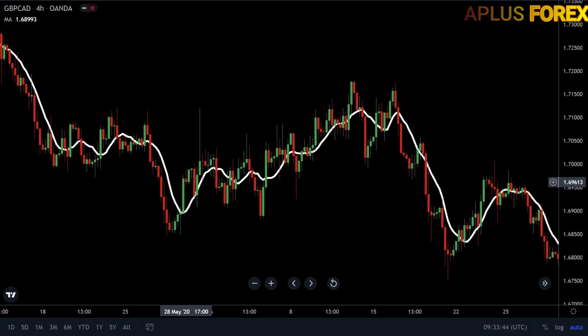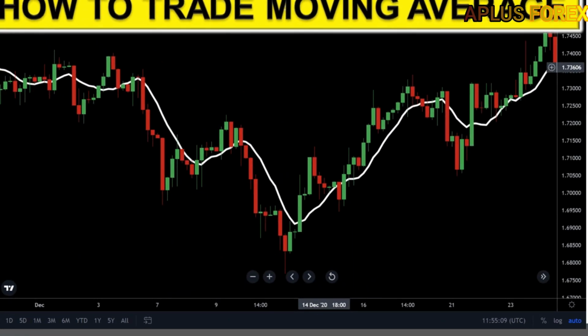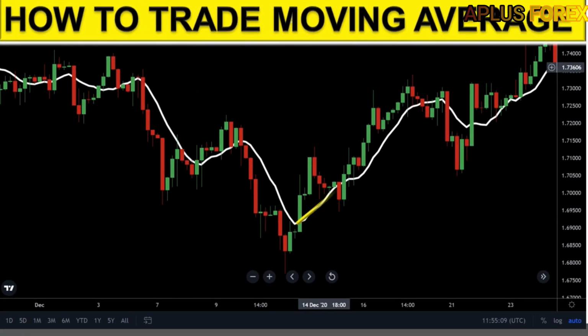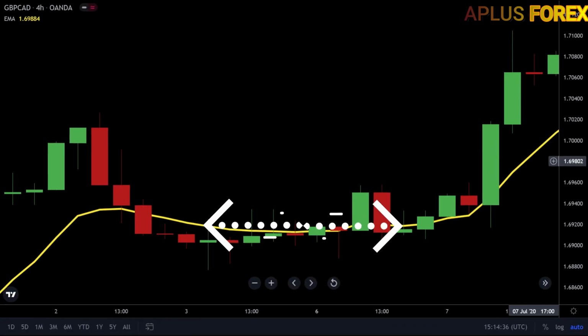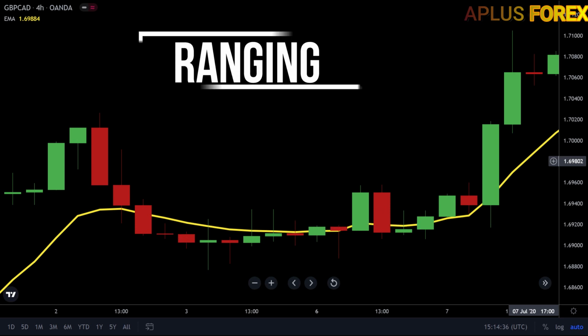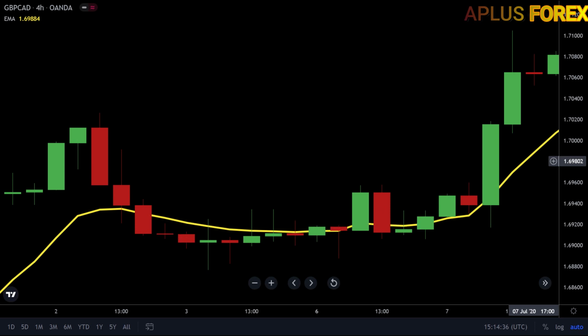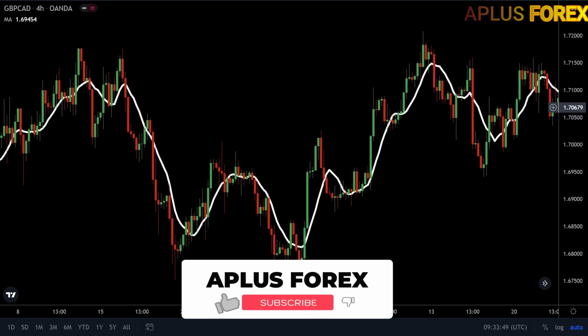So to trade with a moving average, you need to understand several concepts. A rising moving average indicates that the security is in an uptrend, so you can take long positions, putting your stop loss below the recent higher-low area. While a declining moving average indicates that it is in a downtrend, so you can take short positions, putting your stop loss just above the recent lower-high area. When the moving average is horizontal, it indicates that the market is ranging, so it's advisable to avoid trading in such a market unless your trading strategy is for ranging markets.